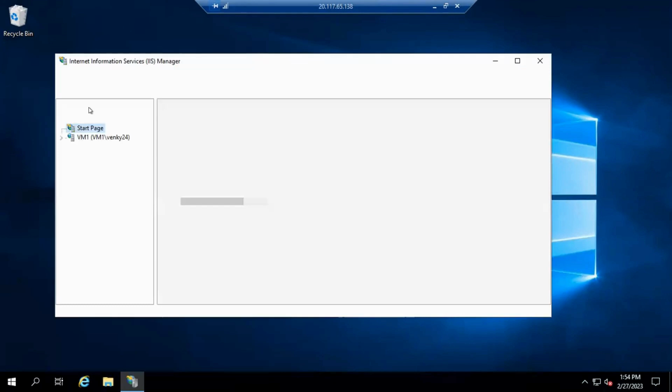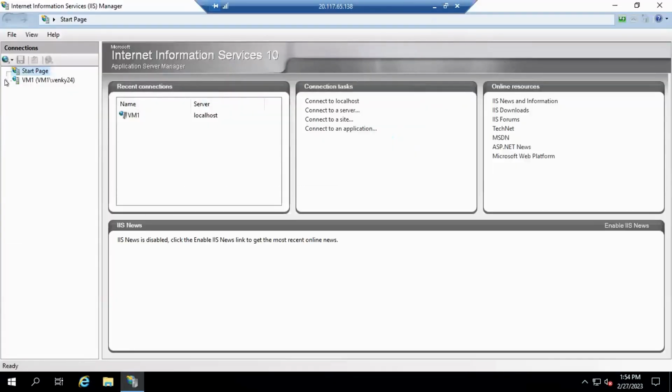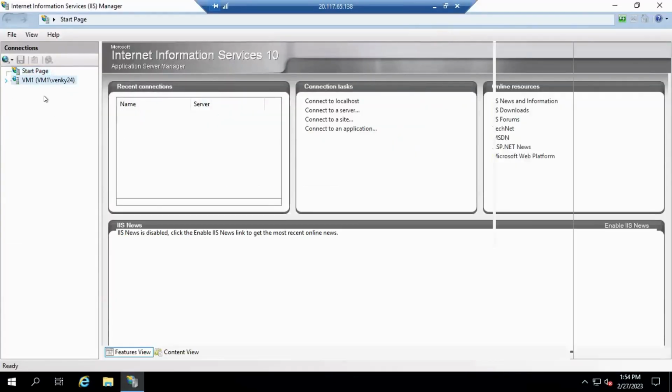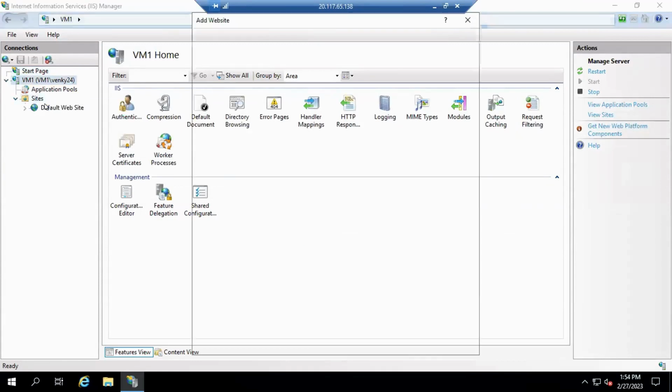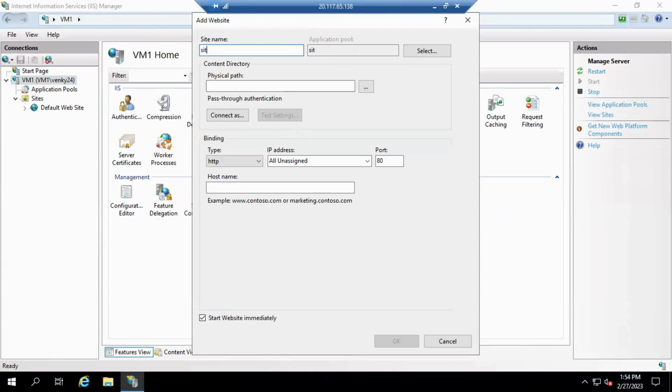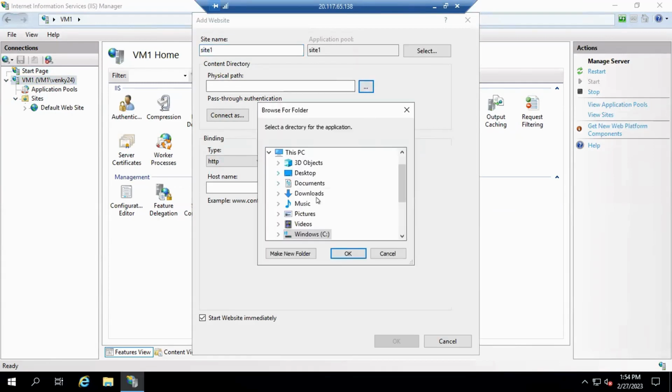Here you have to create the second site. Currently, we only have the first site, which is the default site where I have copied the backend code. Now I need to create another site for the front end code. Give a site name, that this is site 1, and guys, here go to your folder